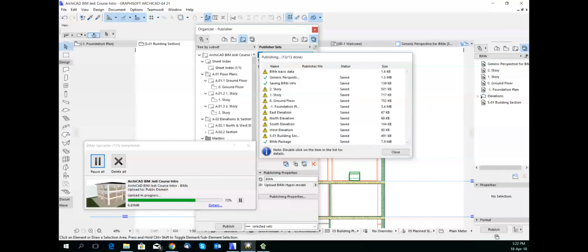So now we have a BIMX model which allows us to wander around and check out everything that we've put into that model. We can go outside, through the side, and we can even set it up, where are we, controls, fly mode I think it is, so that you can't walk through a wall, you can only